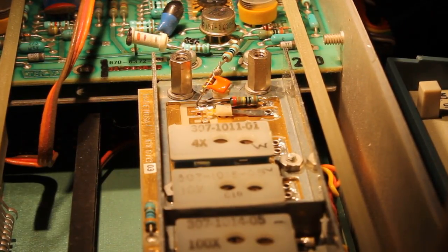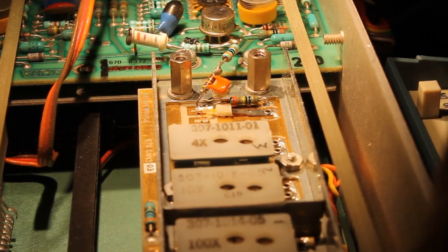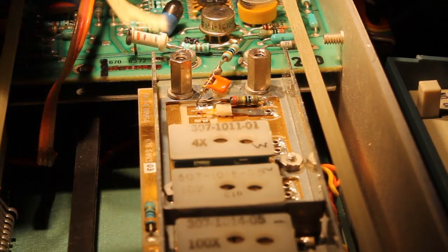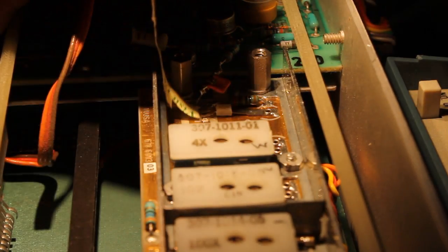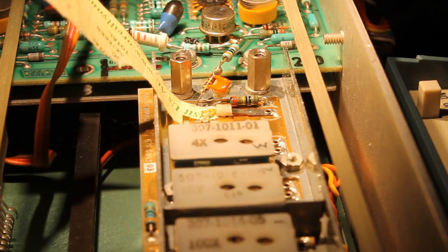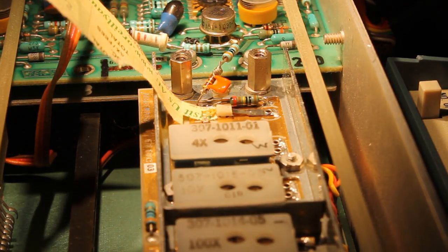As you can see, when you turn the voltage selector switch, it raises and lowers the contacts. Since the contact is raised right now, you want to get a thin, narrow piece of very fine lint-free paper. In this case, I happen to have a receipt from a local auto parts store, and the paper is very thin. So what we're going to do is just put the paper under the contact, like so,